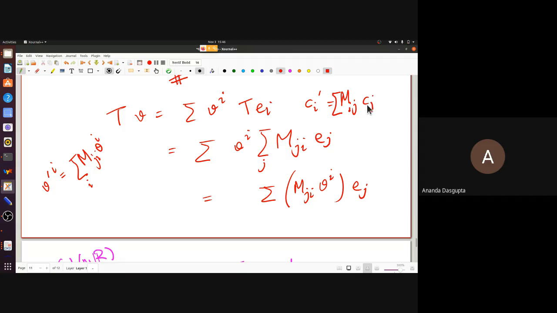This term, Mij, Cj. There is no conflict between this and what I said right now. They are the same rule. But here you are saying this is what happens to the basis vectors. There, in here, what you are saying is this is what happens to the coefficients. Okay. Just think about it a bit. The difference really is because of that. And in linear algebra, it's actually more important to think about what happens to vectors than what happens to the coefficients, which are really artificial numbers. Okay, any further questions? Because there will be another one which will start soon.